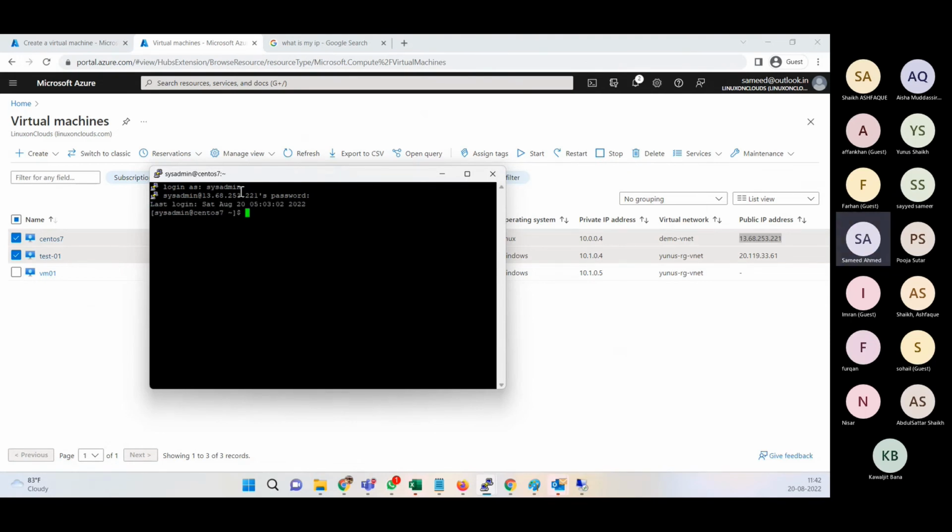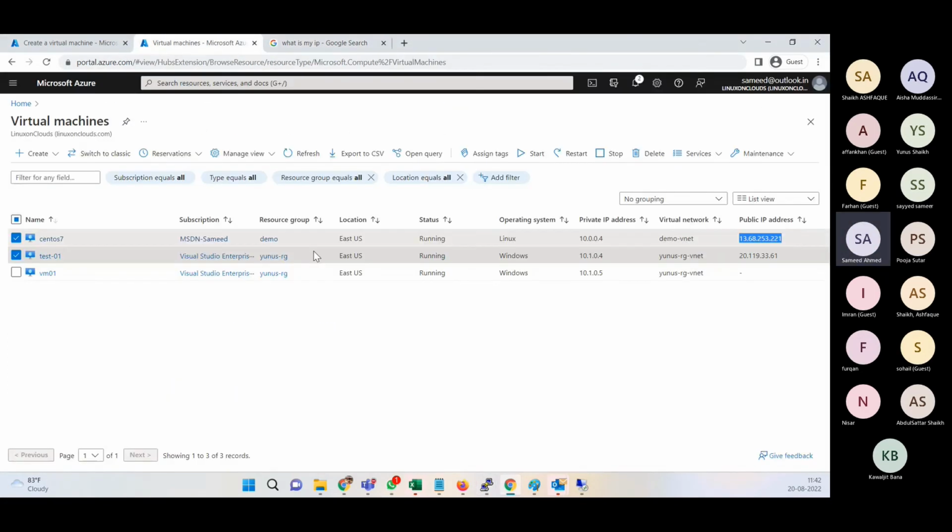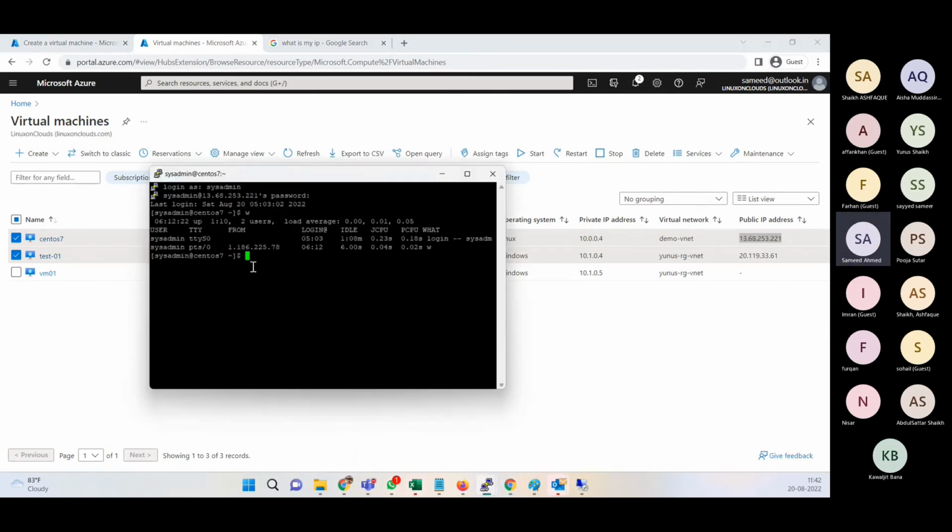I am connected to this IP, which is this one. If I run the w command, it will show me where I'm coming from. Can you see that? It's the same IP, 68, 70, 78. If I look at my private IP,